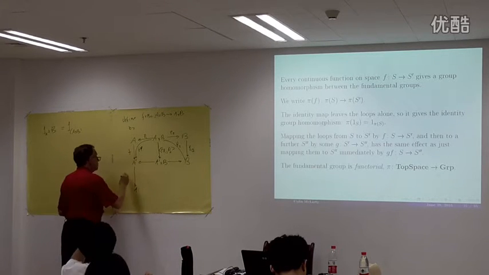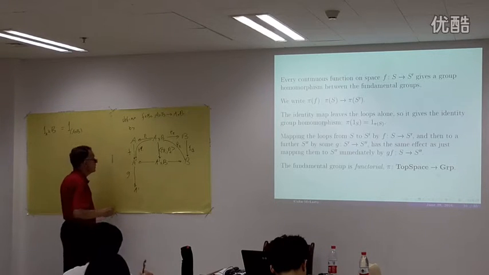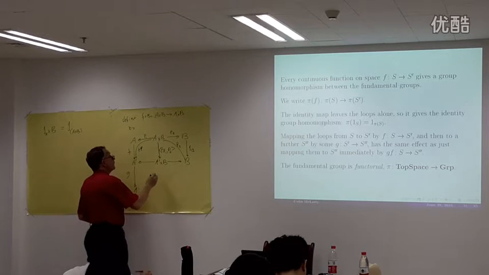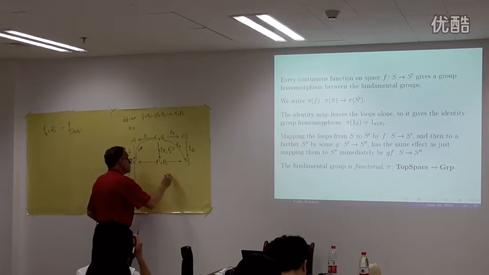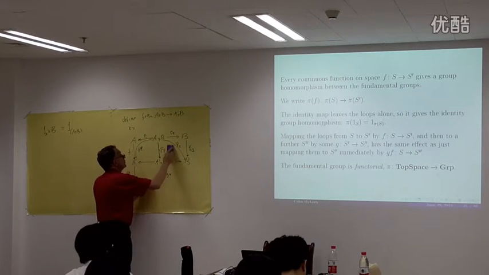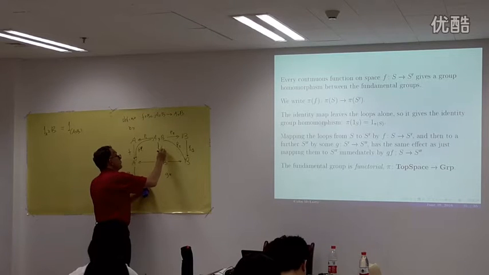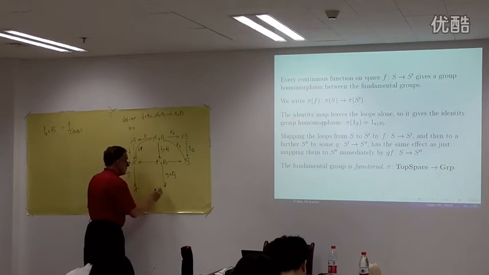Now suppose I have the composite of this with g. Well, on the one hand, this is by definition f cross B. By definition, g cross B